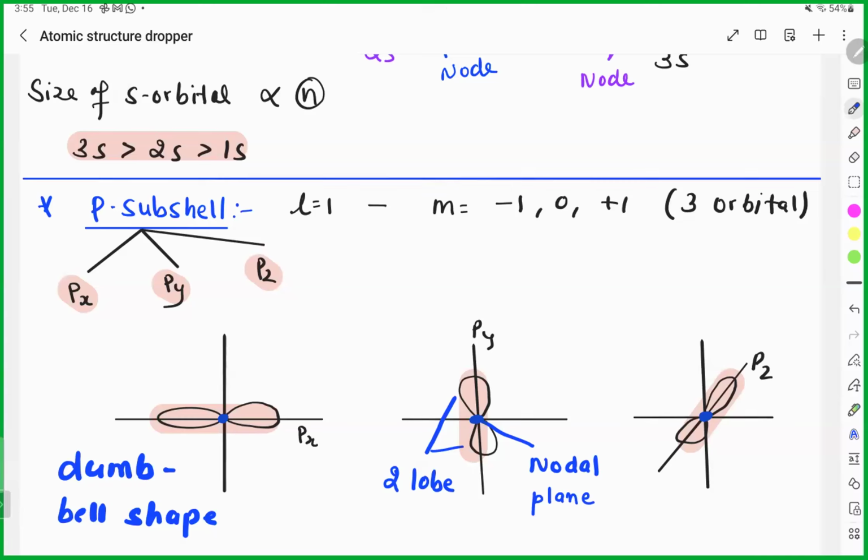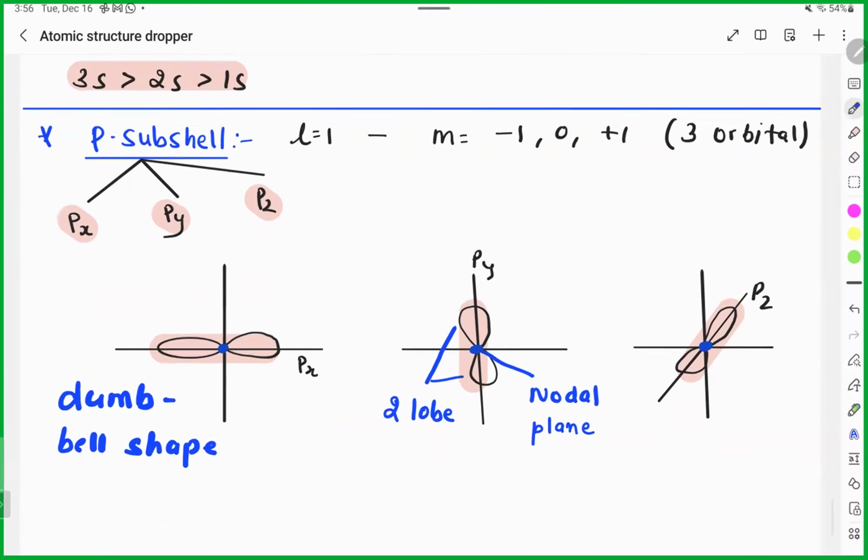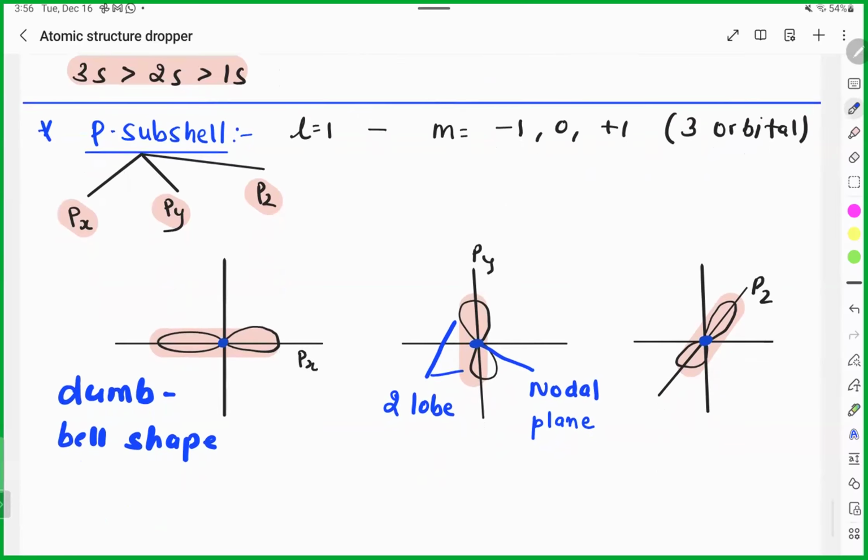Correct. Each p orbital of higher energy level, whatever the energy level, always has the dumbbell shape, but they will have nodal surface also. Nodal surface means spherical node. Nodal plane means angular node. Yes or no? Nodal surface means angular node. Nodal plane means